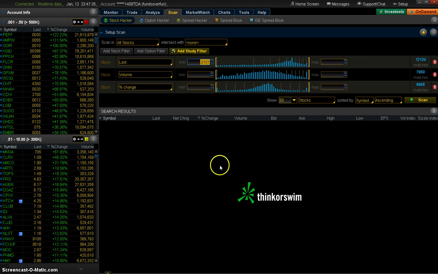So the first scanner would be 1/10,000ths of a penny, and then you'll put 0.0009, 9/10,000ths of a penny. Bam, that parameter is set. Then volume is the next filter. You want to set that volume to